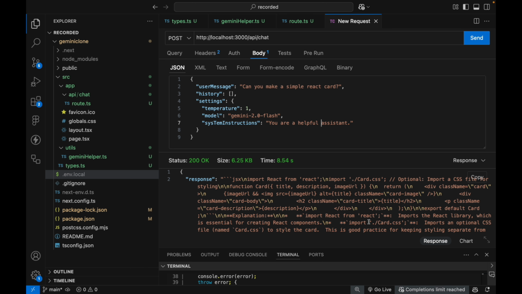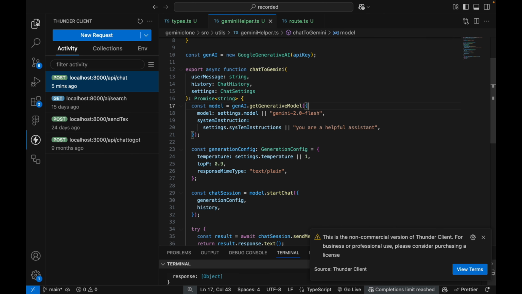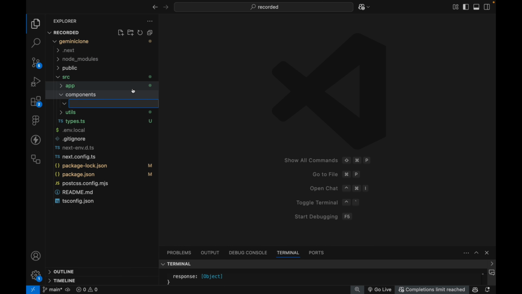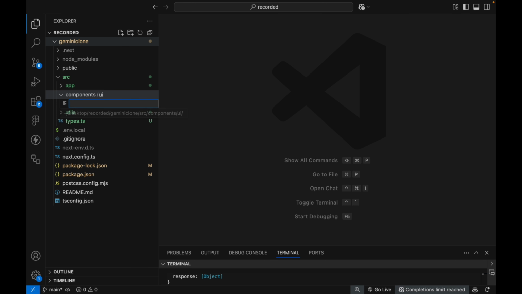Now it's time to create our chatbot interface. So go back to your project folder. Inside the SRC folder, you're gonna create a new folder named components, and inside this folder, create another folder, name it UI. And this is just a common and clean way to organize reusable UI components in modern front-end projects. And inside the UI folder, create a new file, name it